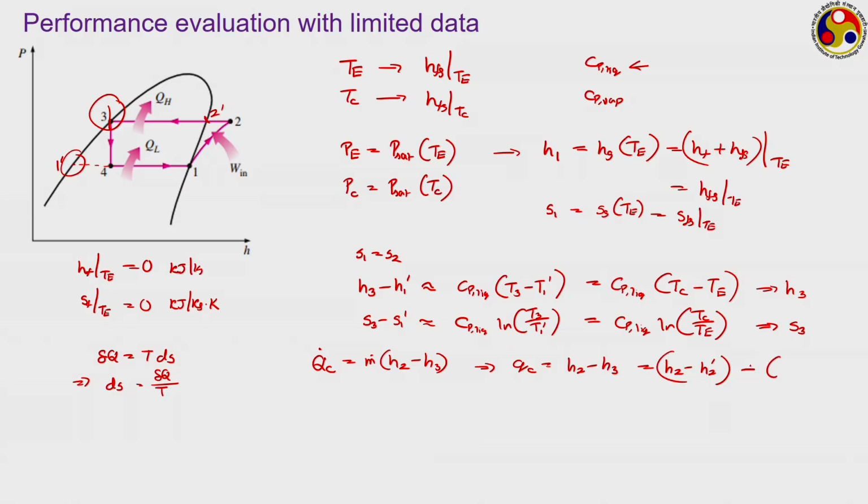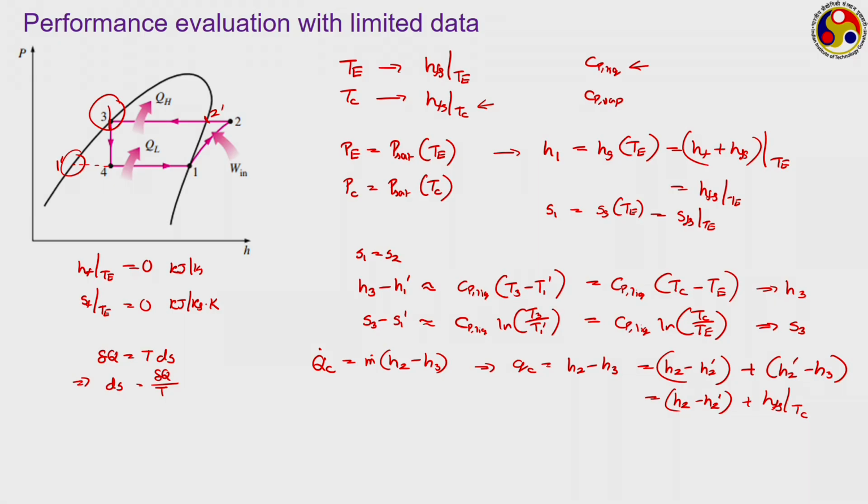Now, for point 3 we know already the values, and what will be H2 prime minus H3? That is nothing but HFG corresponding to Tc. So, this becomes H2 minus H2 prime plus HFG corresponding to Tc. And what is H2 minus H2 prime? Here we are talking about